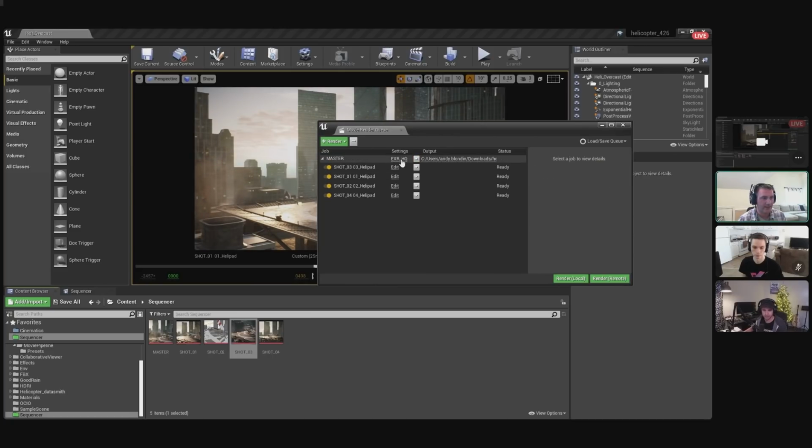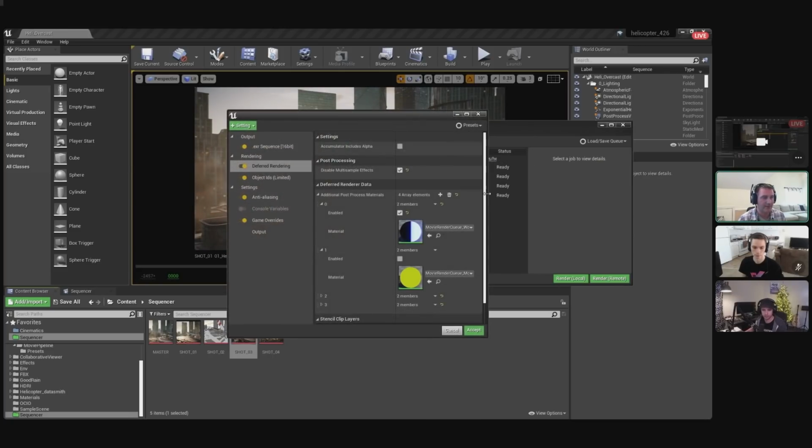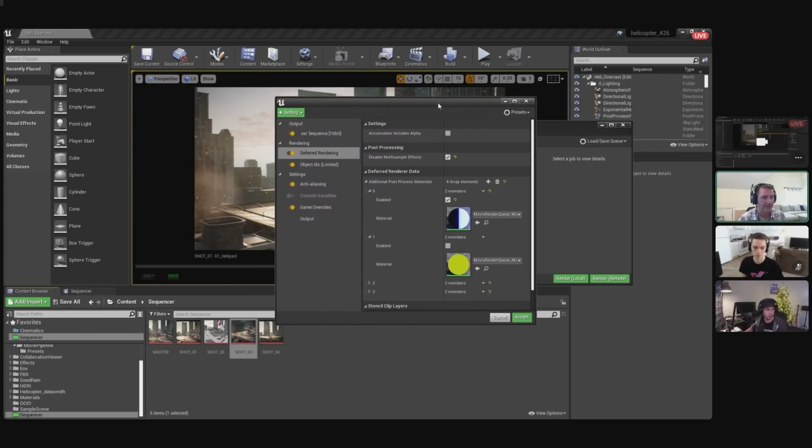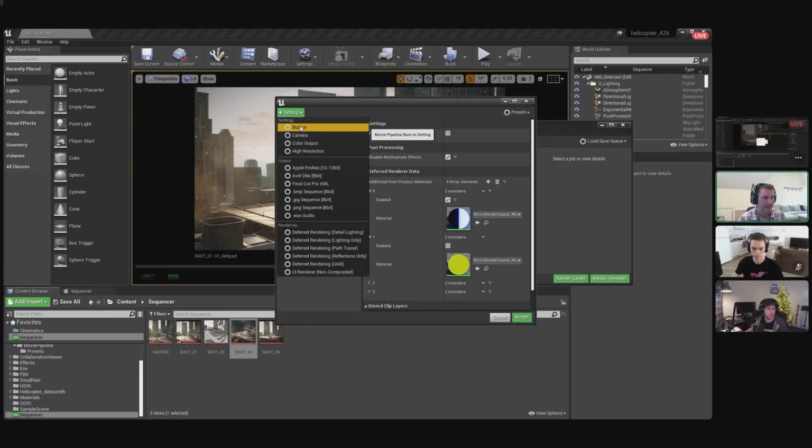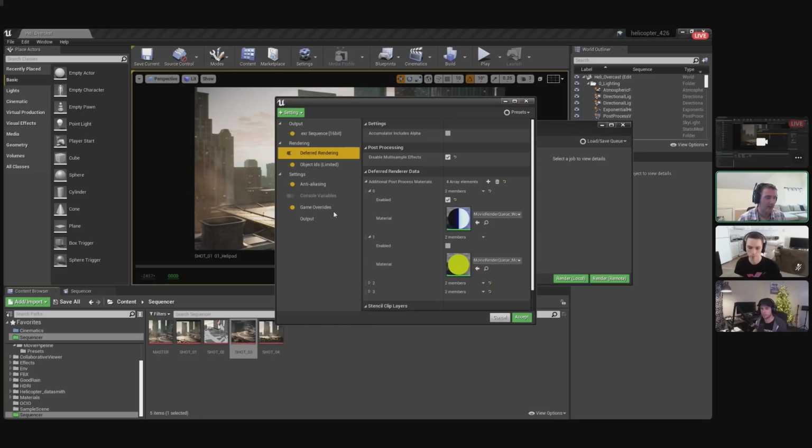If I click into the settings, you can start to see the settings for each individual job is comprised of 3 things. There's individual settings that we may want to affect, like the color output, some of the burn-in options. There are output, so the form of media that we want to use, and then there's render options. Matt and I will go over those in great detail.